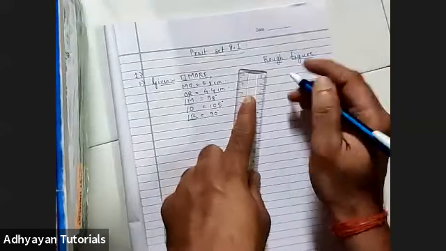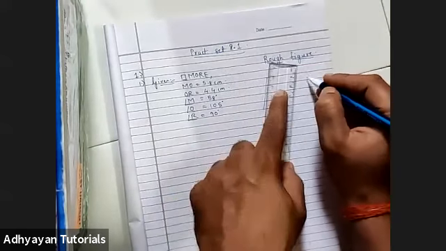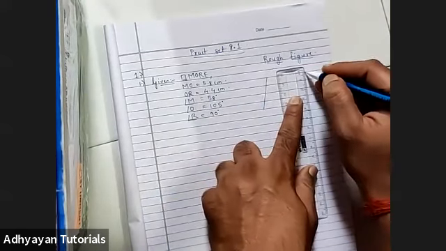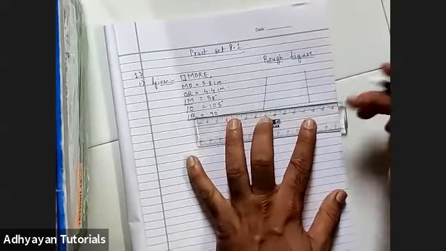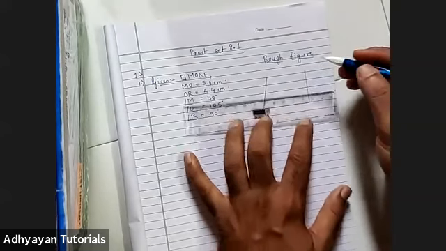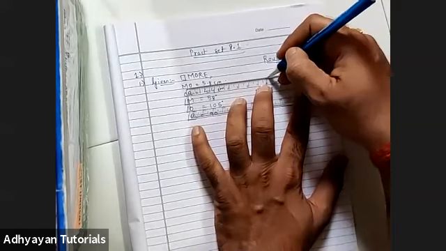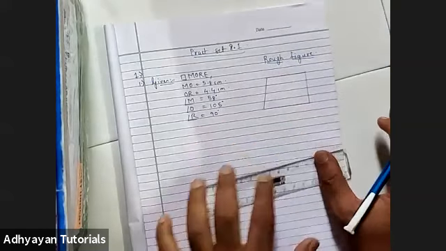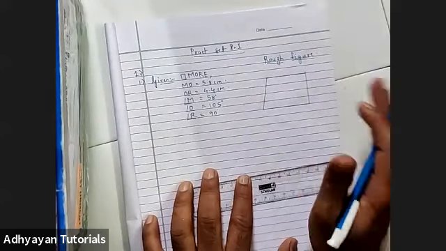It should not be compulsory that it has to match with the actual diagram, because we don't know how the actual diagram would be looking as of now. I'm just drawing it randomly. You can draw it anyhow. The only compulsory thing is it has to be a quadrilateral. You can make it look like a parallelogram. You can make it look like a square. You can make it look like a rectangle. That is your choice. I don't know what the actual shape would be, so I've just drawn that randomly.